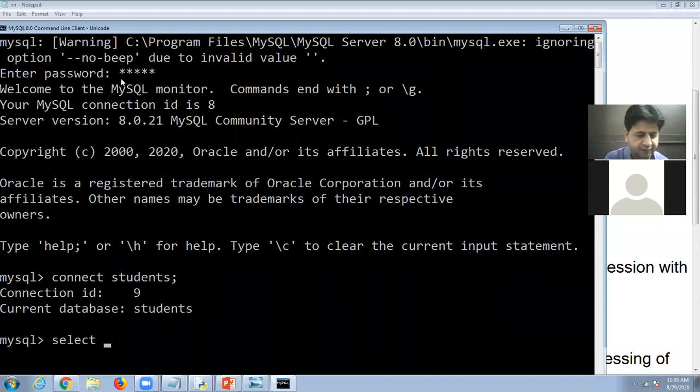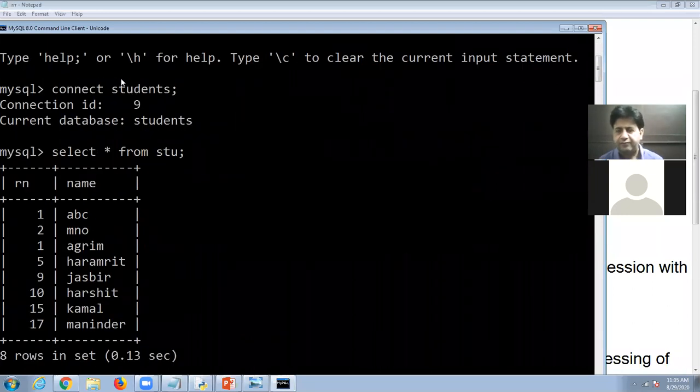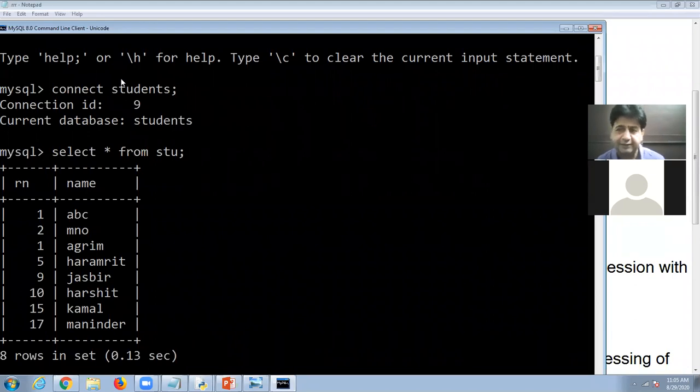Select star from stu. So now data is here. But last year, we applied all these commands in MySQL. But this year, we will do all of these activities, all of these commands with the help of a Python script.